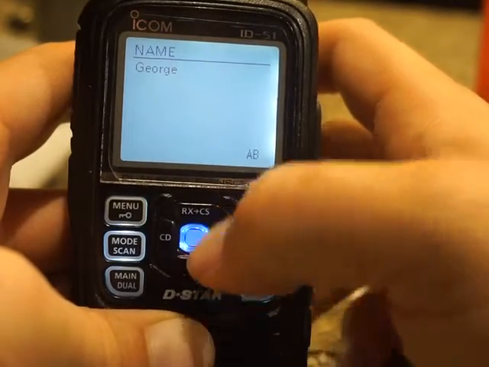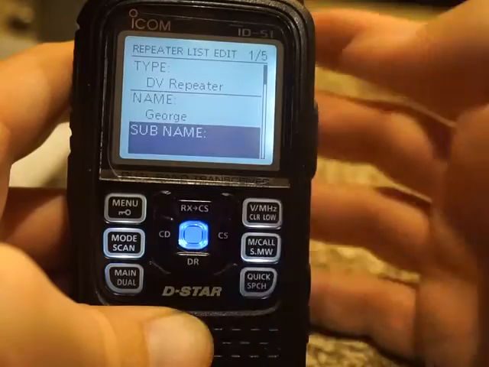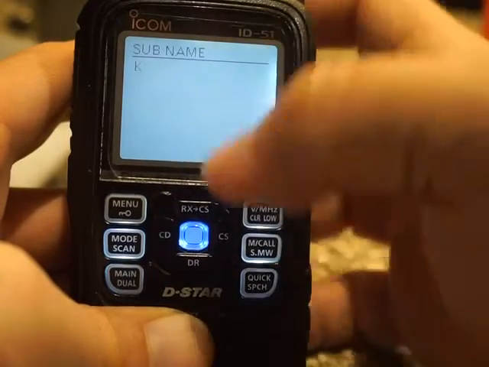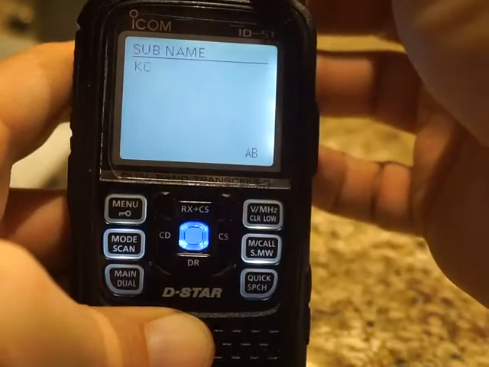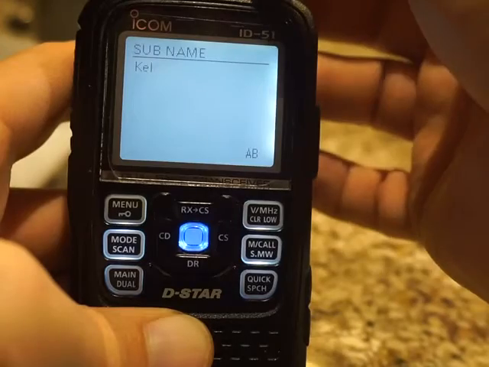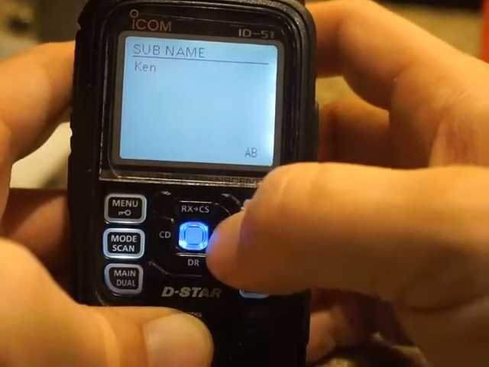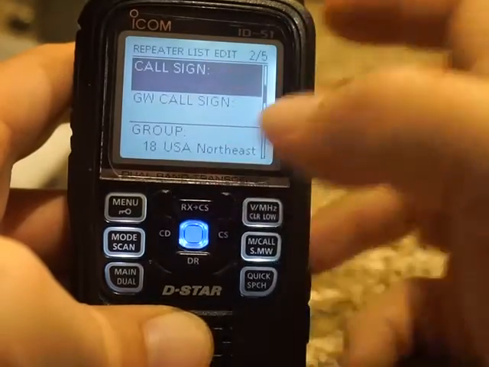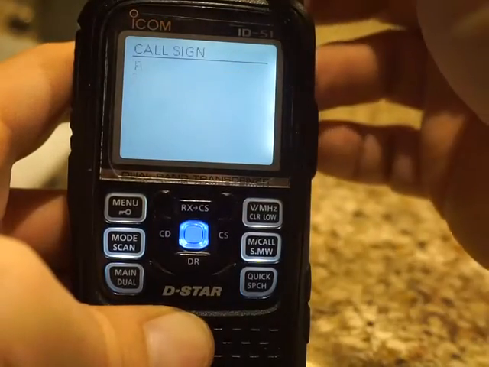And then when you're done, click out of that. Subname, this is typically used for the state. Again, you can put the state in there however you wish. It's not going to break anything from working. This is more important. You get down to call sign. There you need to put